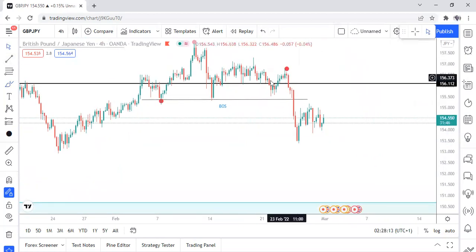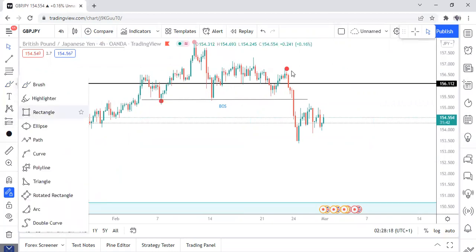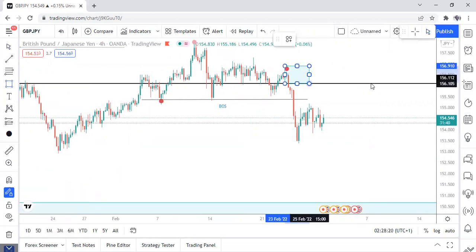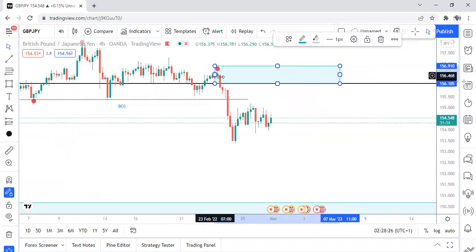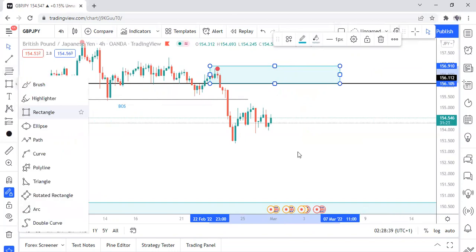So this was the last buy before the sell that broke the structure. So what I'll do is I'll create a box here. So this is my point of interest. This is where I'm looking to sell the market, because this was the last buy movement that took out the structure here. So I'm expecting the market to rally up to